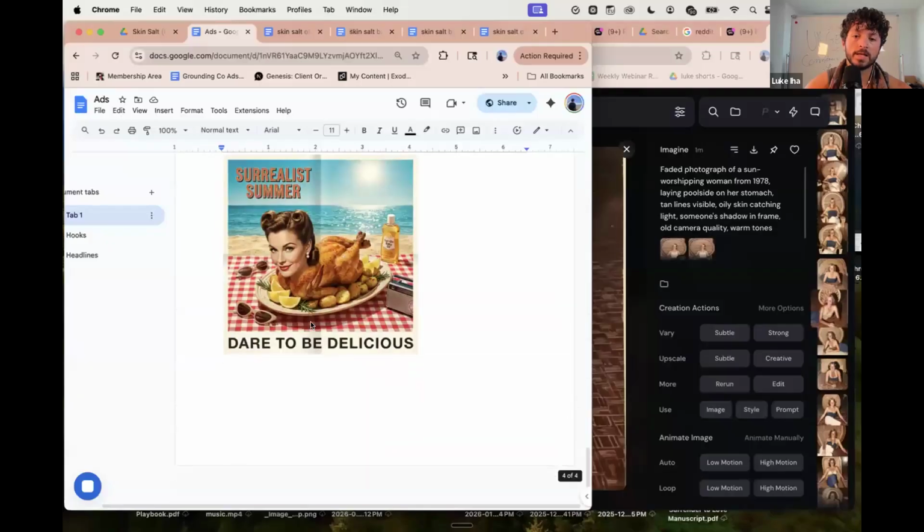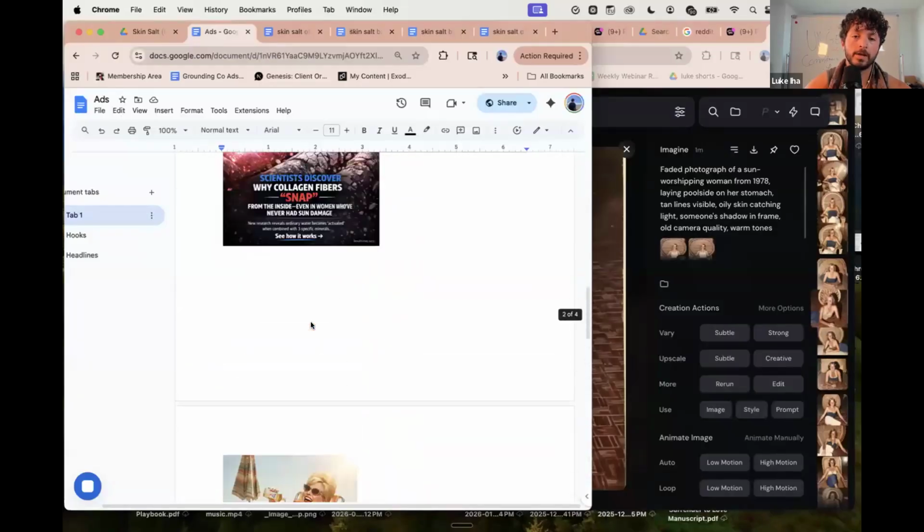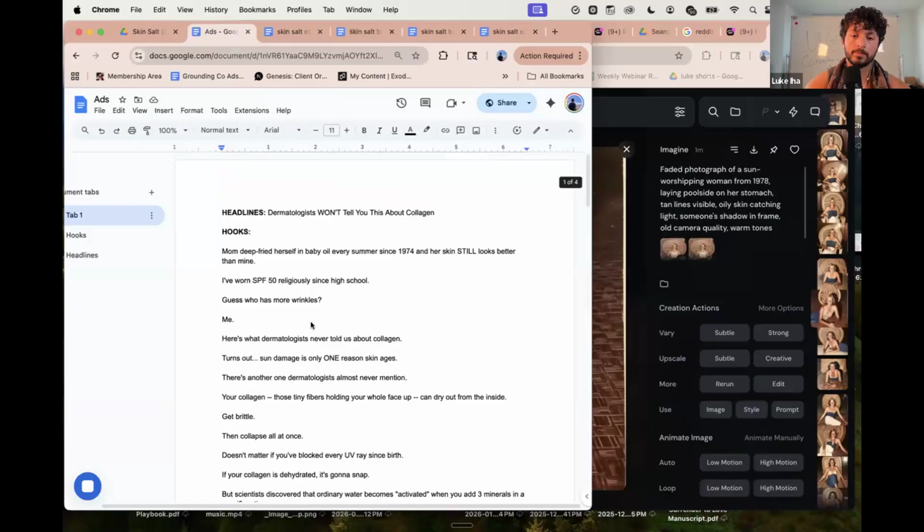I mean, this is a pretty solid ad. Took us longer than you normally would, but pretty, pretty good ad. All using the bots and the prompts we gave. See? See or no? You tell me.